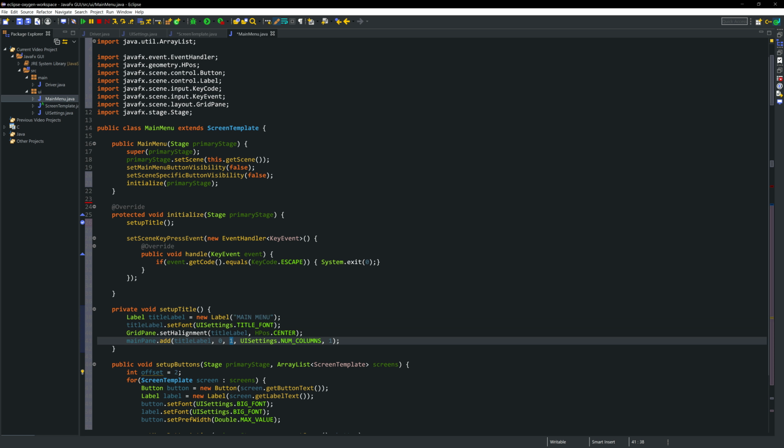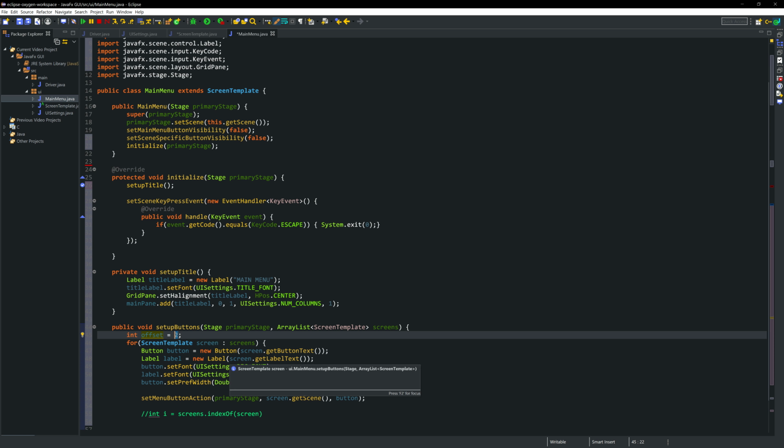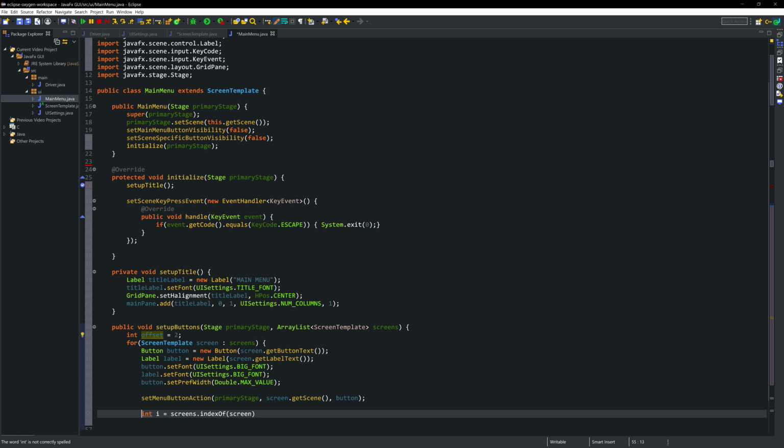So it skips row 0, so that it's not the very top. It goes down 1. So the offset, I need at least 2, to start at least at row 2, because the title's on row 1. So what I'm doing is setting the index of the screen, adding 2,